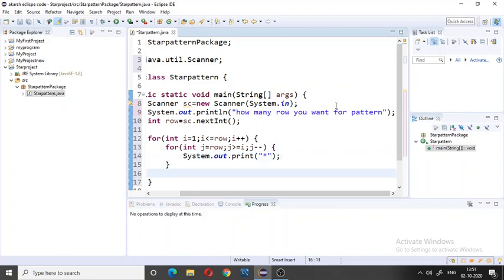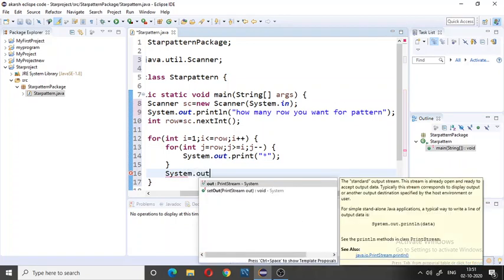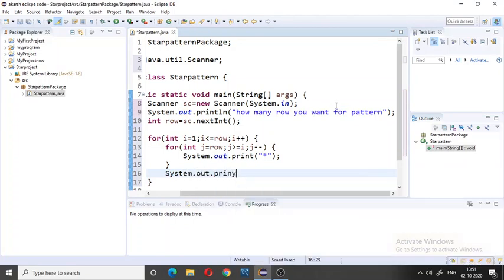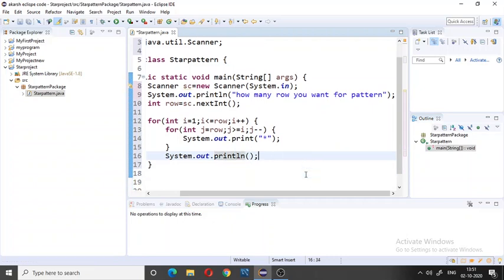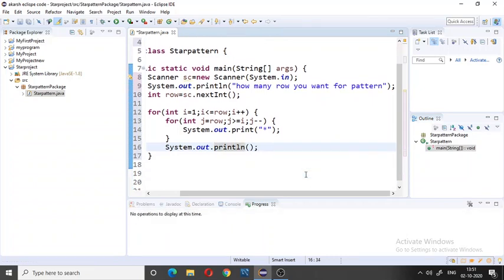Then outside the inner for loop we use System.out.println for the next line. This println moves the cursor to the next line when a row of the pattern is printed.